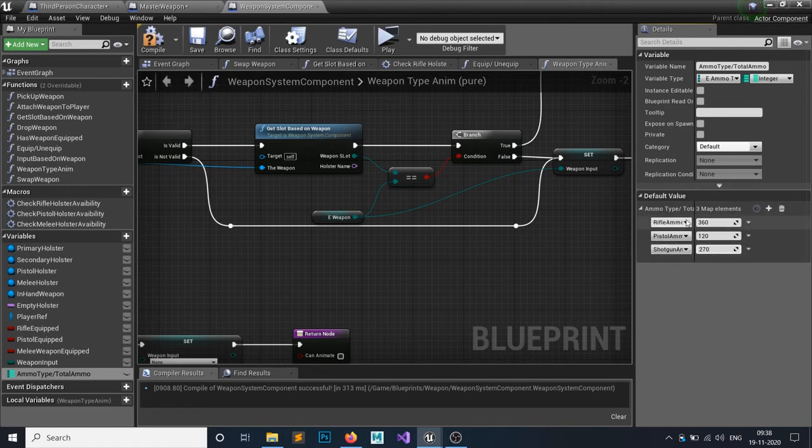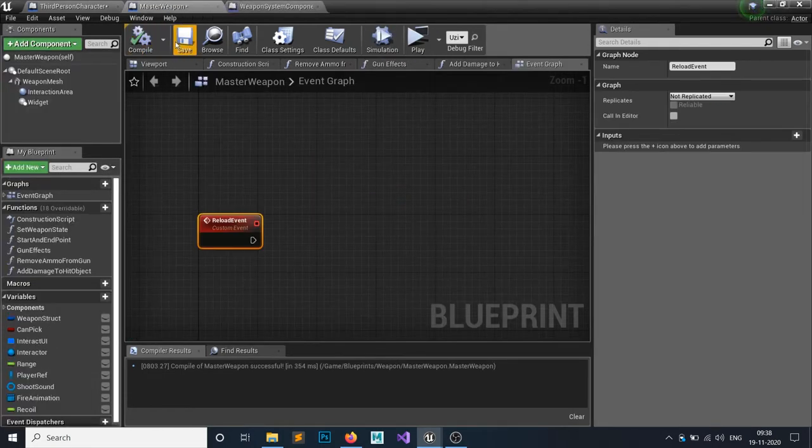You cannot add this key again. This is a key value pair. You cannot add the rifle ammo twice because this is a map, and you cannot have the same keys in the map. You can add 360 in here and 360 in here, but you cannot add rifle ammo twice. Okay. This is for showing purpose that I have by default this type of amount in my inventory. Okay.